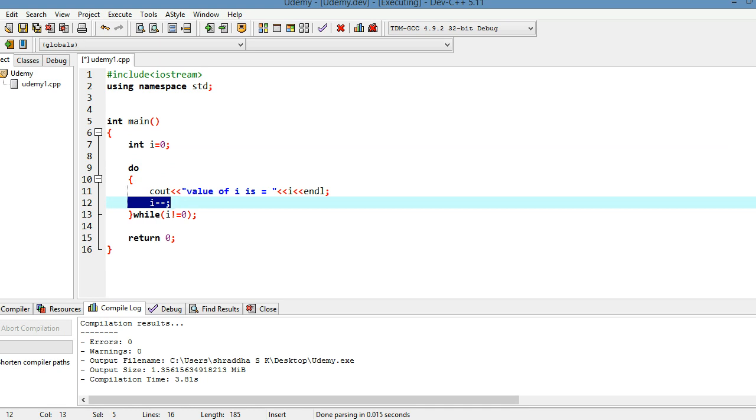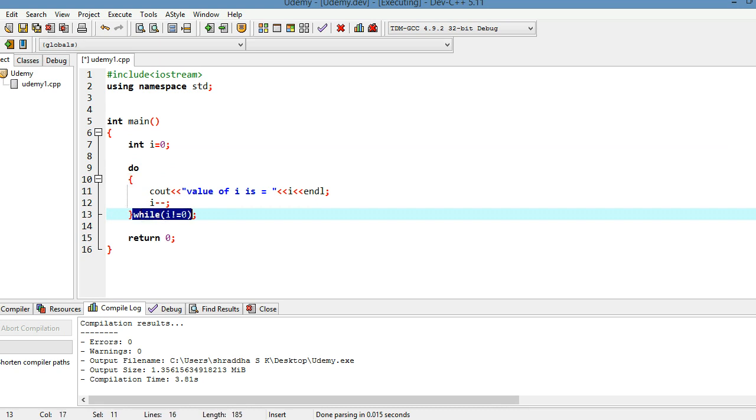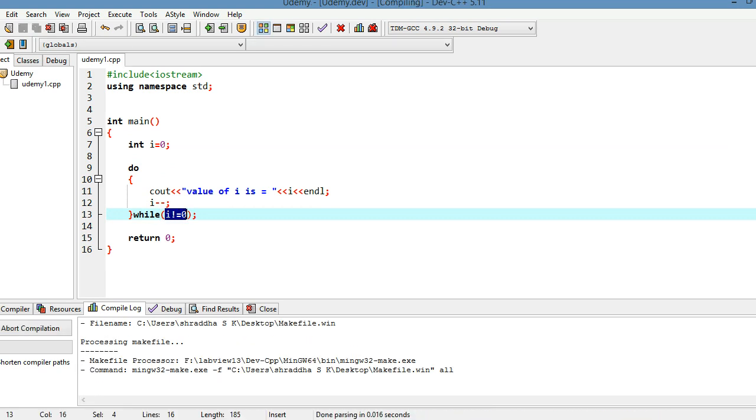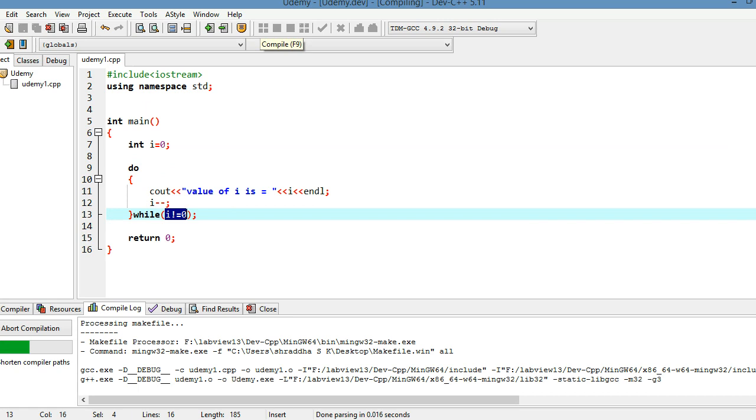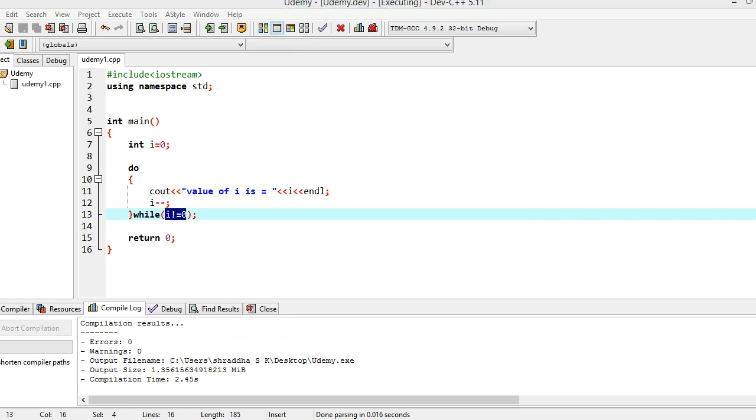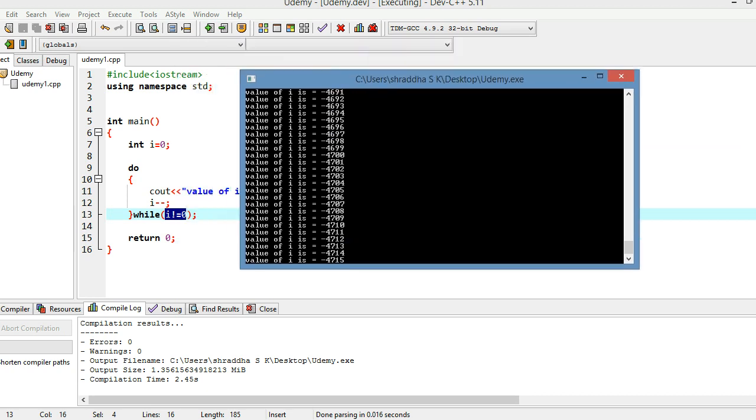What happens at that time? Every time the value of 0 won't be hit here, so I will be minus 1 when it hits here for the first time. So it will go on for an infinite loop. So let's see that now. If I am running it, as you can see there is an infinite loop over here.